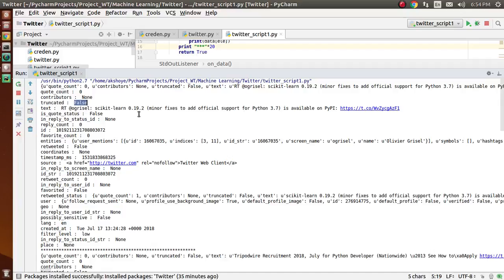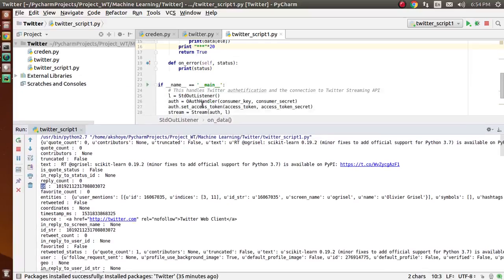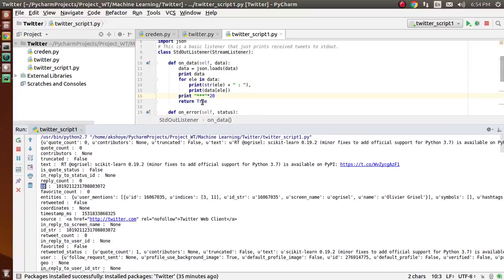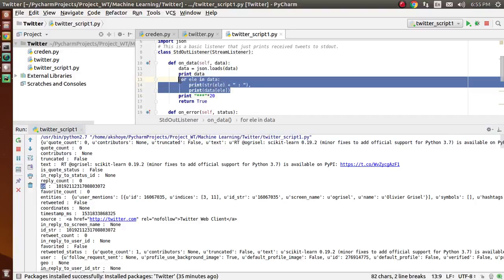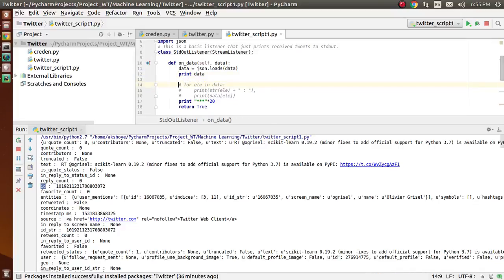Now suppose I want only the text value and the ID of each tweet. All you have to do is to print only the ID and the text. Let's comment this portion, and let's print only the ID and the text.